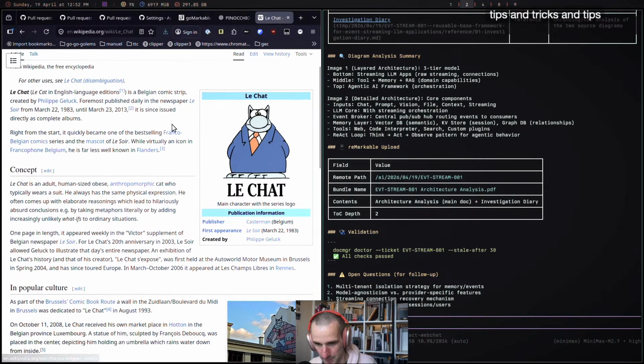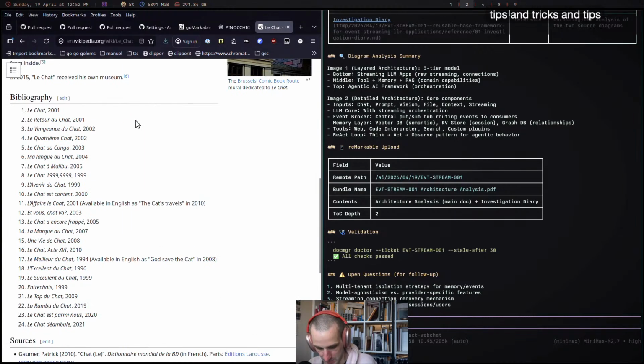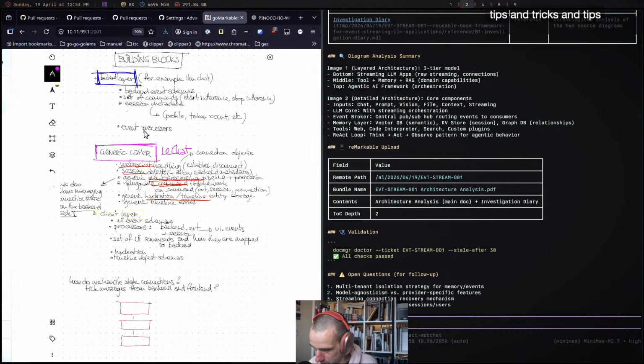Yeah, from the 80s to the 2000s. So this is the framework that I'm doing, and when you're writing a client, you're going to just say, hey, import Le Chat, and then you're going to register your commands and your events, like your timeline events. And then you have a set of APIs you can call to do hydration and to do other things.